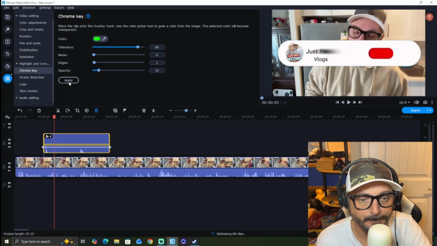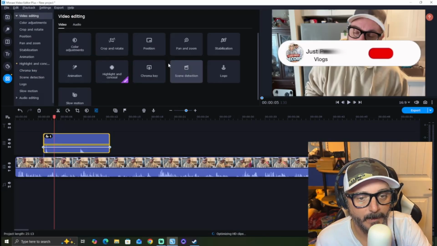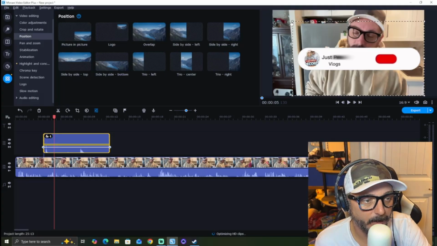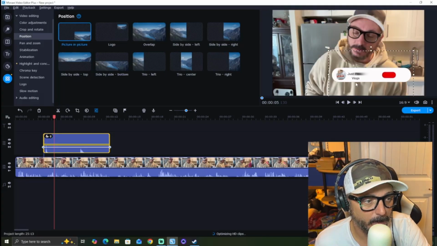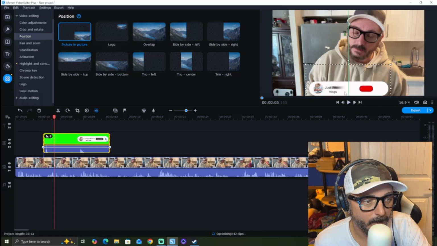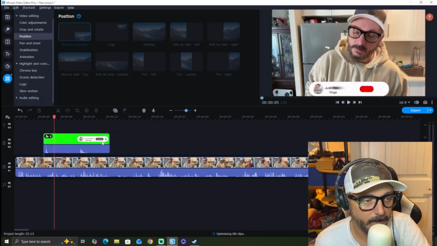Looks good. Once you're happy with it, press apply, and then we're going to go to position because we need to position it a little bit smaller and center. The good thing about this app is it will give you a center line, so you don't need to guess. That line that pops up tells me that that's dead center, so I want that right there. So now